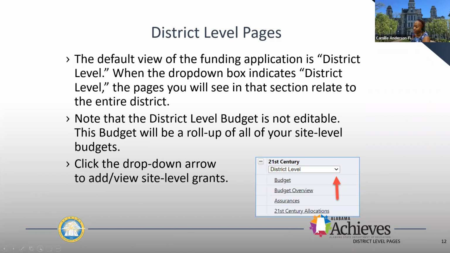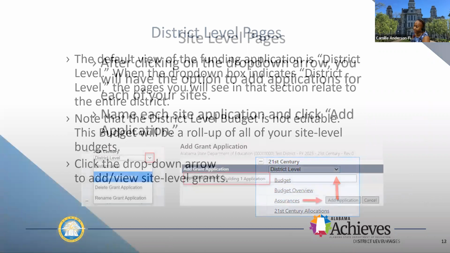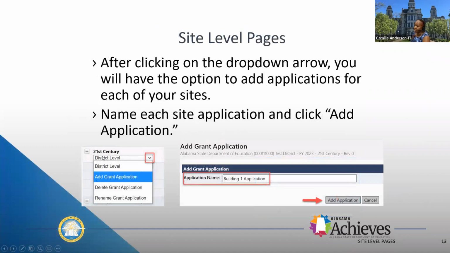And when we click the drop down is when you will see the additional information. So when you pull up the district level, or when you use a drop down, it will give you an option of adding a grant application, deleting a grant application, or renaming a grant application. So let's say I am